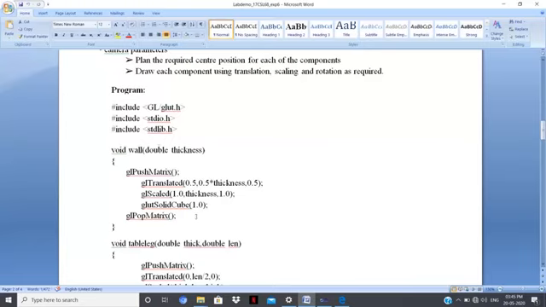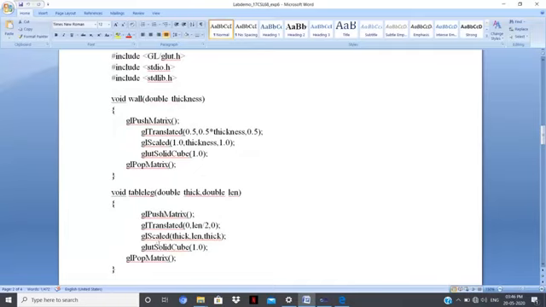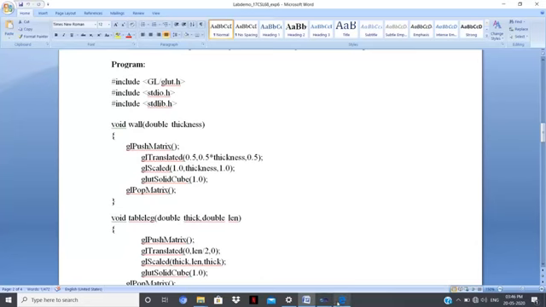So before we see that, let's look at what the basic transformations are. As here also we find in the wall, we find the basic transformations, translation, scaling and rotation. We find them in most of the object drawing.